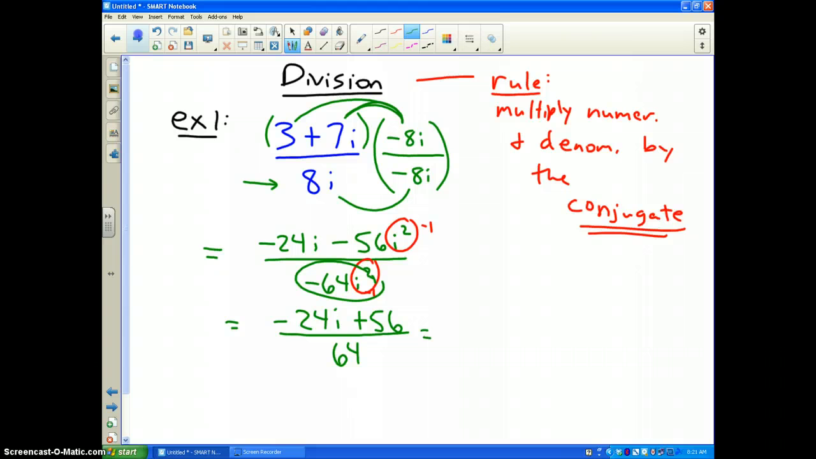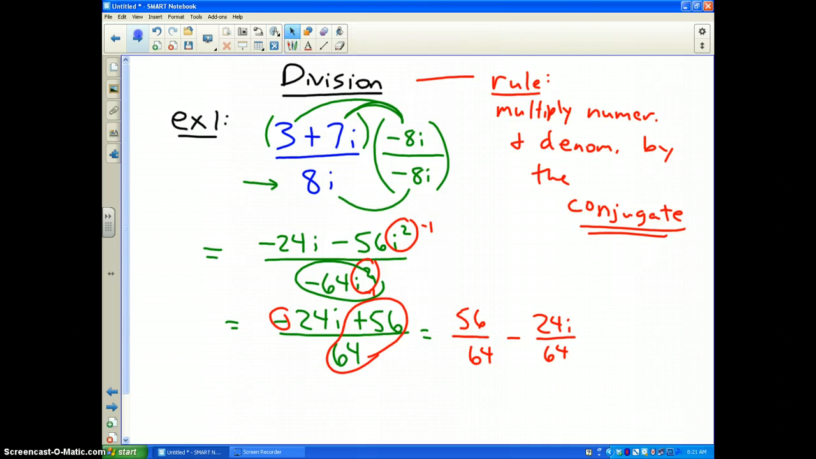Now I can break it apart. I'm going to circle the real part first. Obviously, this part is the real part, so that's going to come first. I'm going to get 56 over 64, and then this minus sign, minus 24i over 64. Now, if you reduce these fractions, I believe 56 over 64 becomes